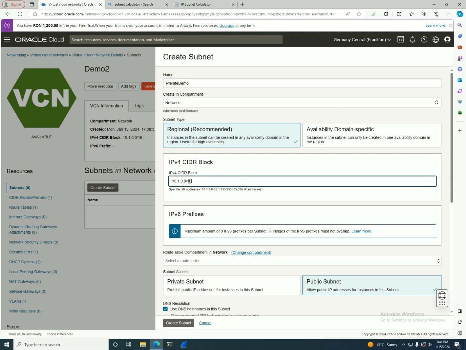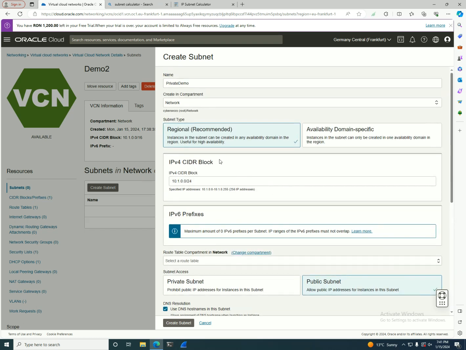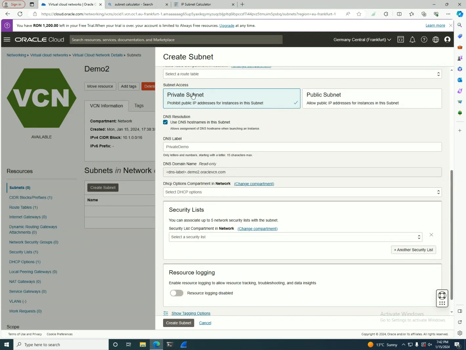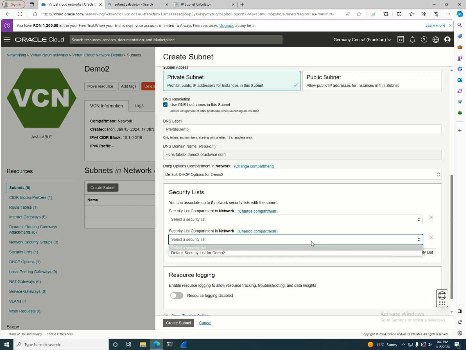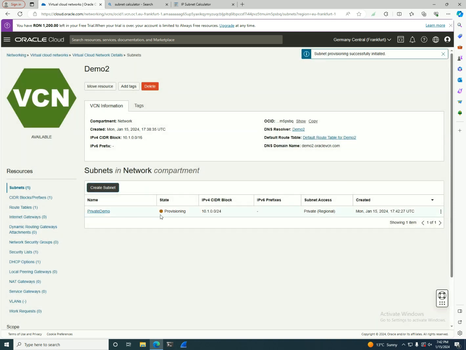Now let me put it in here. I had this CIDR block initially, so I'll put it as /24. I will select the routing table later, not at this point. I said I'm going to make it private, so I have the option to select the subnet access from here. I select the private subnet. Okay, DHCP options, this one can go directly, and in here I can also select the security list, the default one, or I can create another one. So I'm going to create another security list, and I'll add to it a little bit later, because I want to use the initial one as a public one and the second one as a private one. Usually you tend to use the default one for most of it, so sometimes it's much safer to go with this one. So I created the first